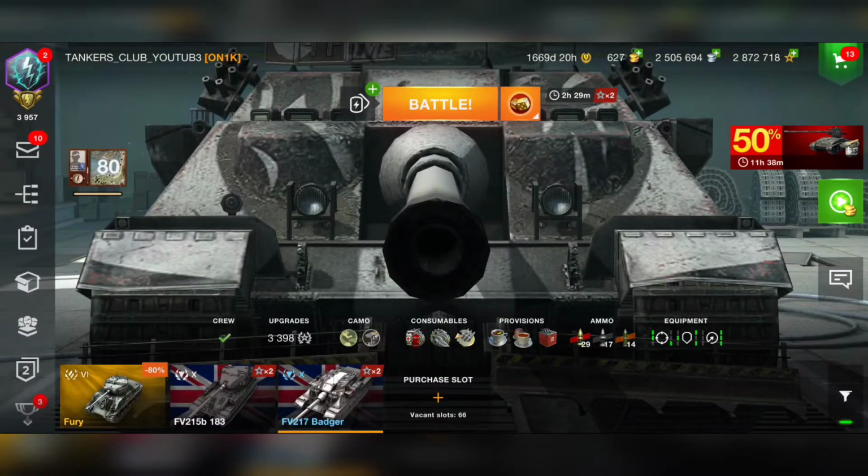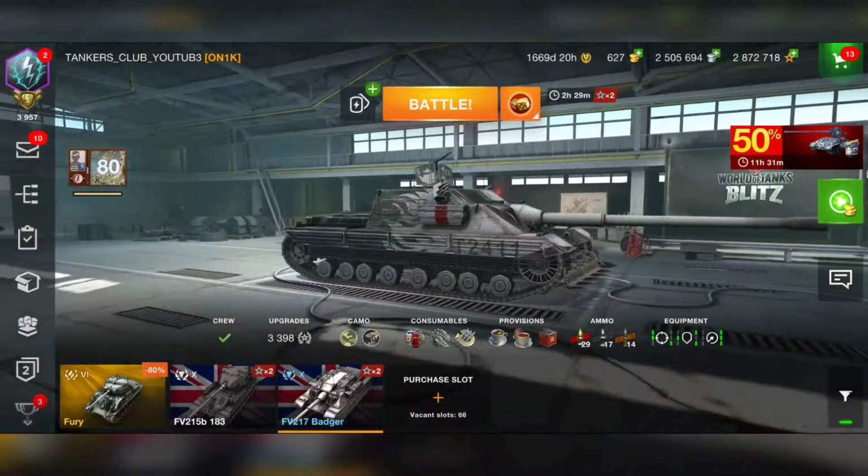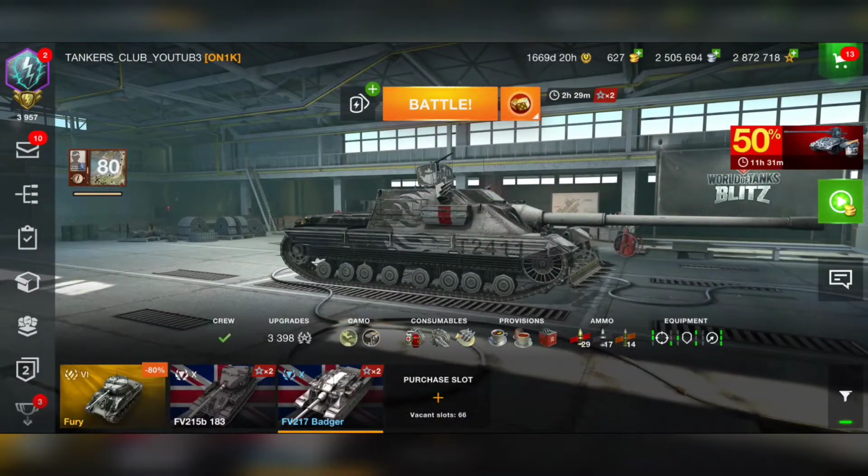This is how it looks when the FV217 Badger is in front of you trying to penetrate your armor. I'd be scared, you don't want to mess with this tank. What's up tankers, welcome back to a new video, and today, yes, we're going to talk about the Badger, the Tier